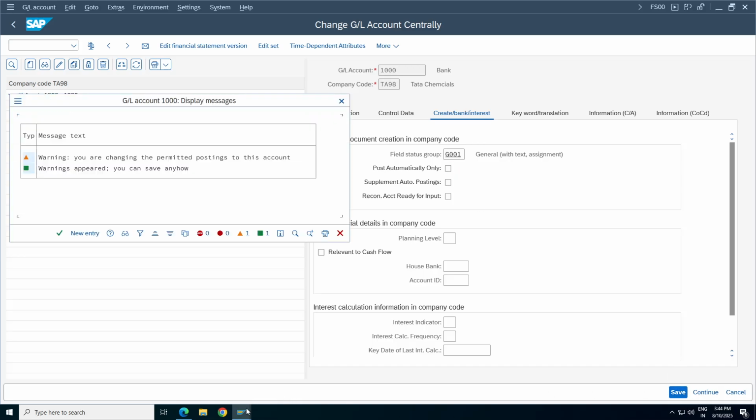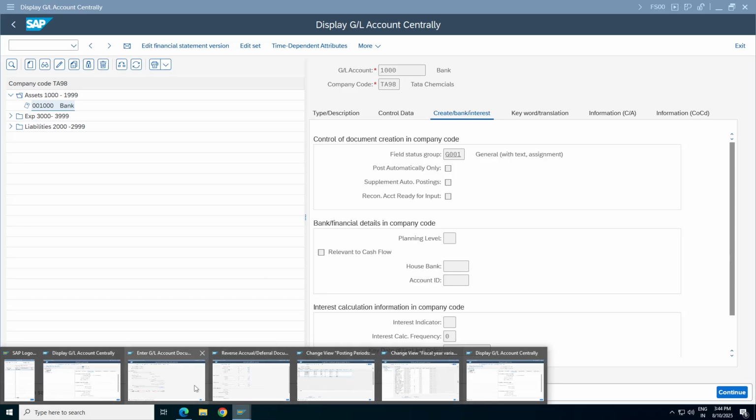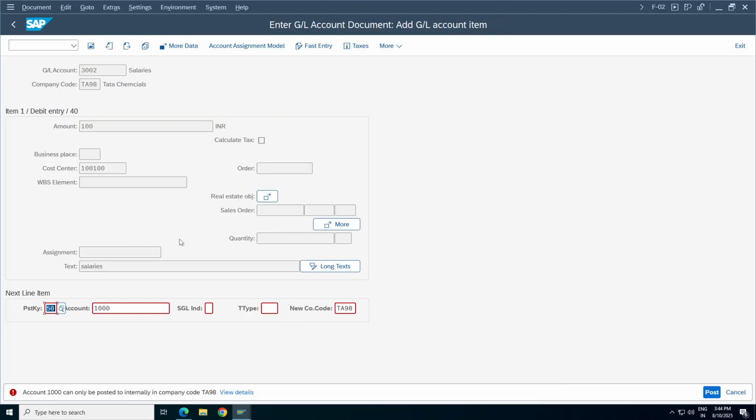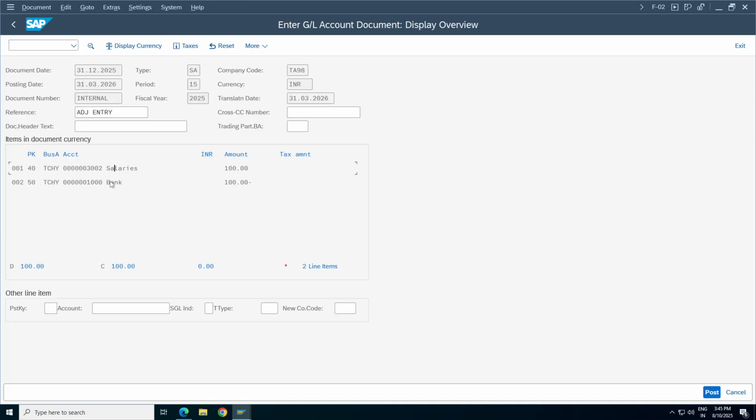System is not allowing to post. Press enter. Salaries adjustment. Document simulate. Business area. Press enter. So salaries to bank.